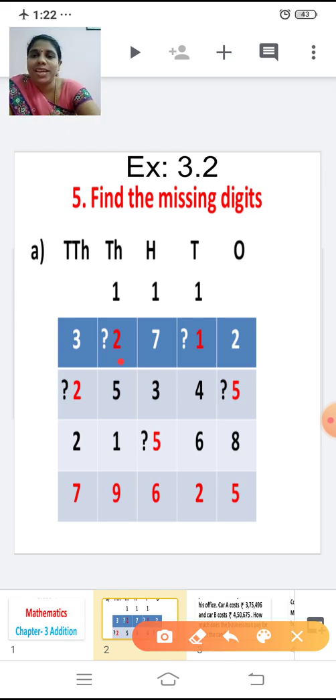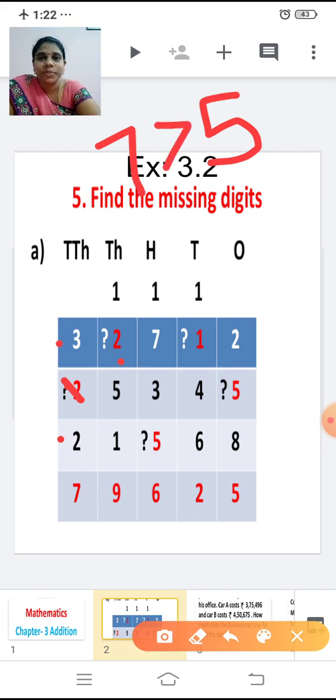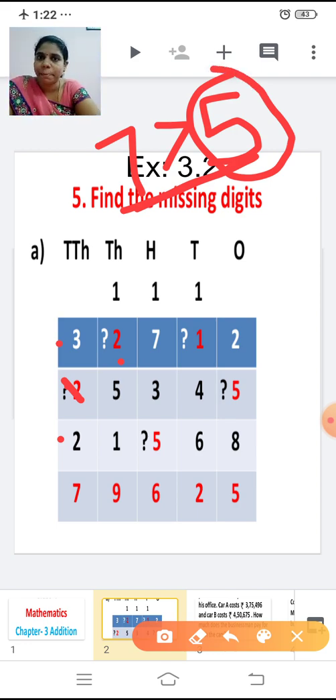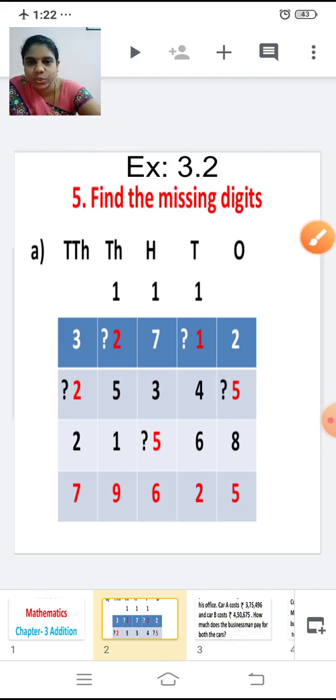No. Let's move on to the 10,000 place. 3 plus 2, 5. 7 is greater than 5. So we can subtract the sum and one addend, so that we will get the other addend. 7 minus 5 is 2, or else with 5 what number should I add so that I'll get the sum as 7? After 5, 6, 7. How many numbers have I added? 2. So write that 2.